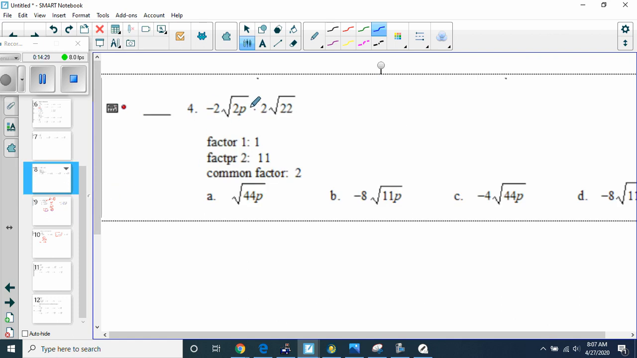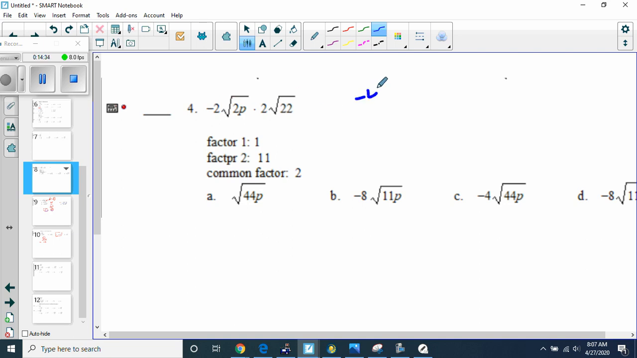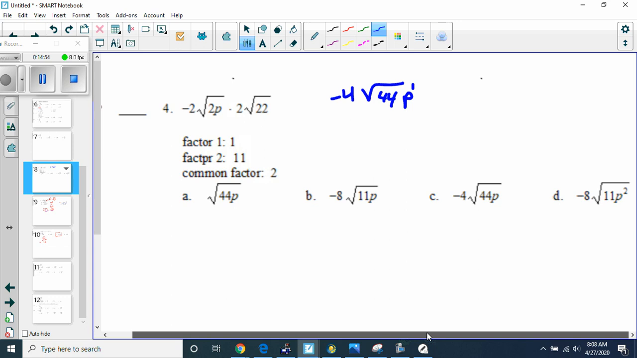Okay, this one here, I'm going to multiply, so let's just multiply ahead. -4 times the square root of 2 times 22 is 44 times p. Okay, so I can't divide 2 into p to the first, so that p is going to stay inside. And you notice all your answers have a p inside except for this one, so that's not the